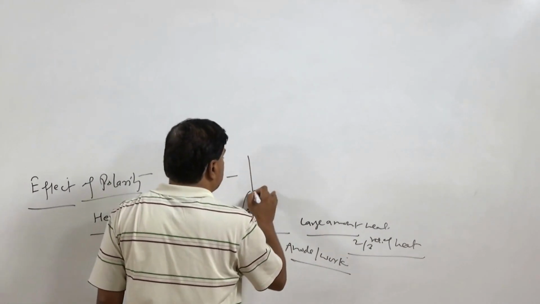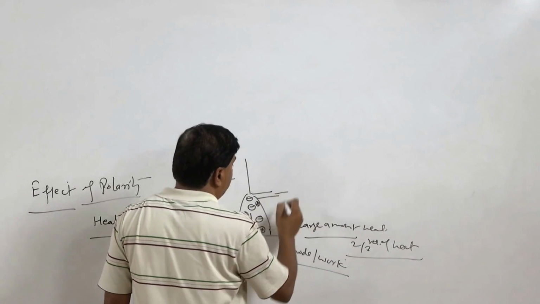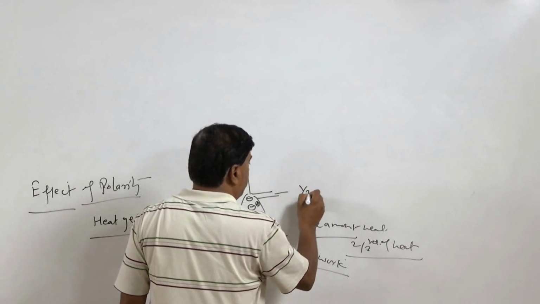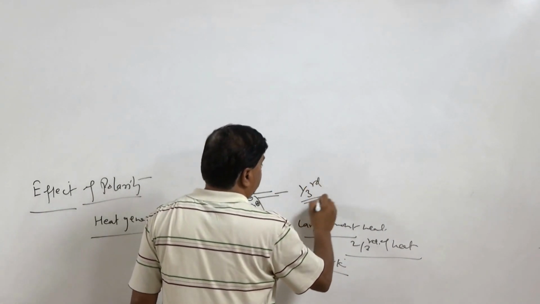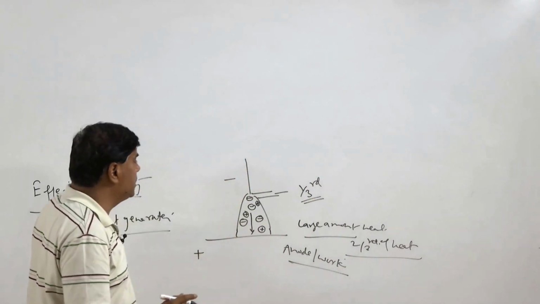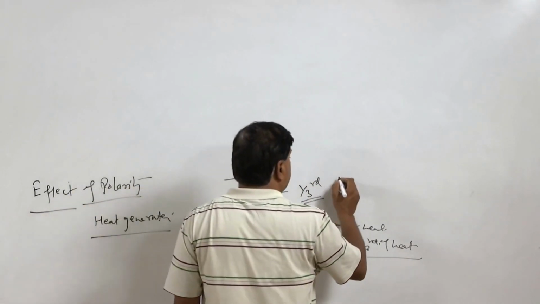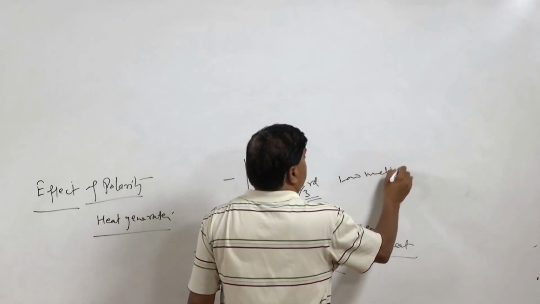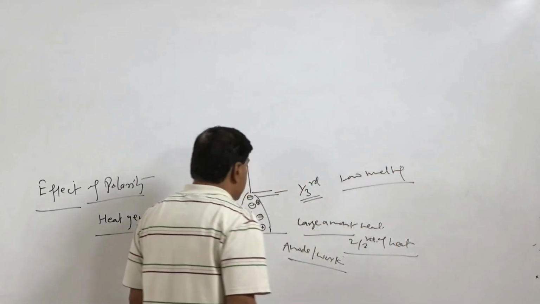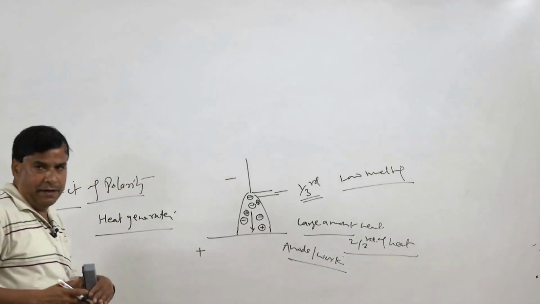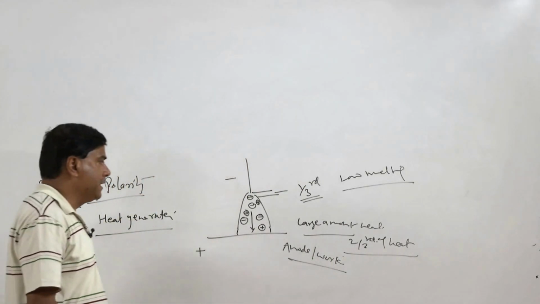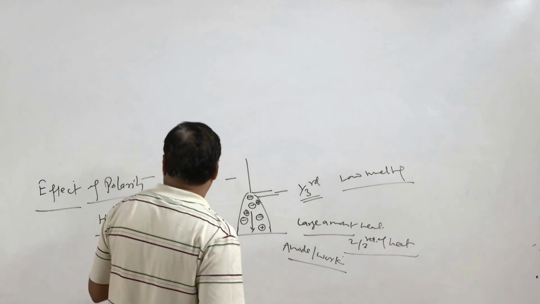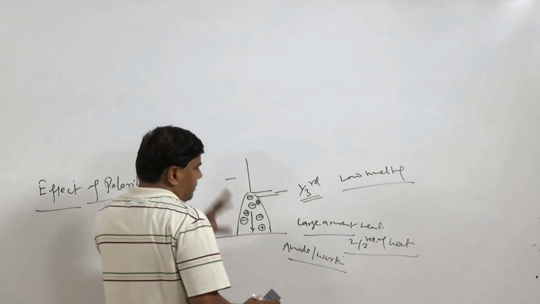So, heat generation in the electrode side or in the cathode side is very limited, it is about 1/3 of the total arc heat. So, limited heat generation will cause a low melting rate in the case of consumable arc welding processes, or it will lead to a much better life of the electrode for the GTAW process. So, this is about the heat generation.